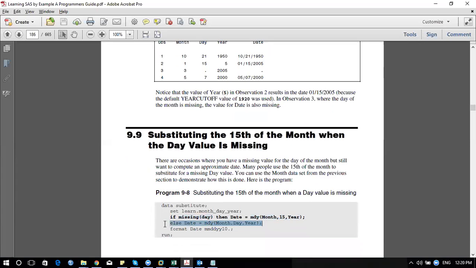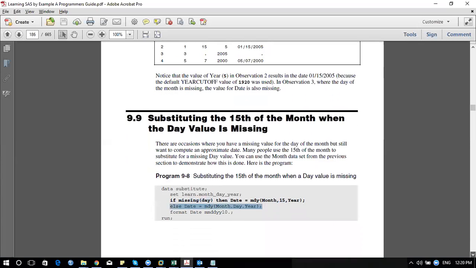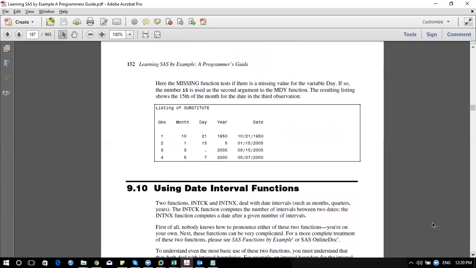Getting it? Yes, so basically MDY will combine the month, day, and year from three separate columns. We will have a similar column, but wherever the day is missing, we have replaced it with 15, as a numeric value.